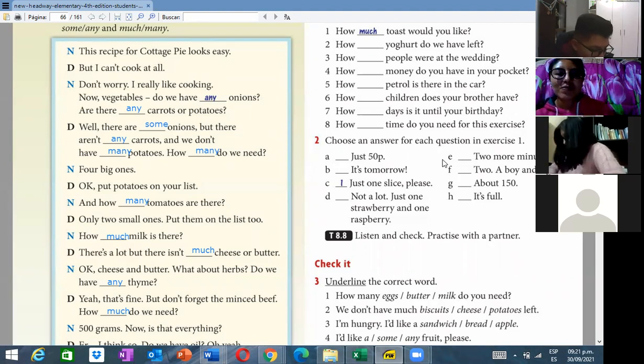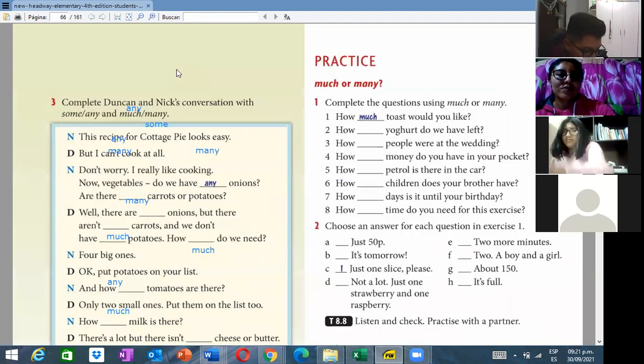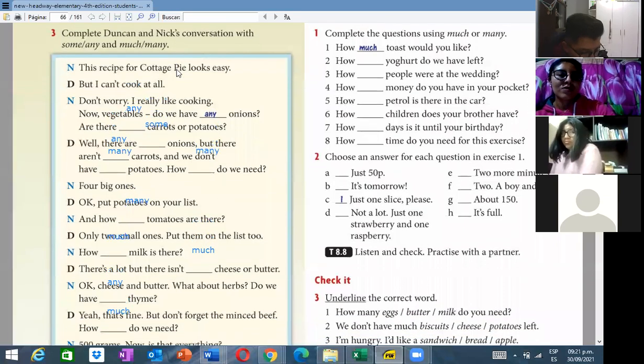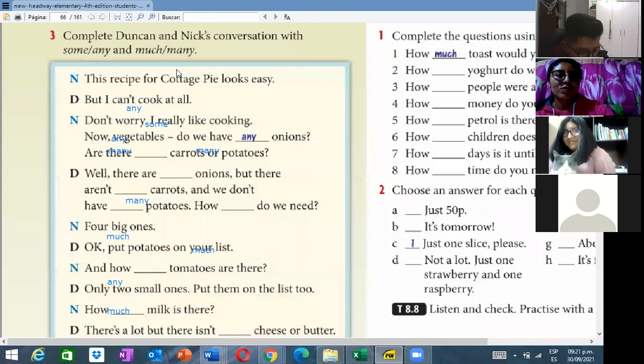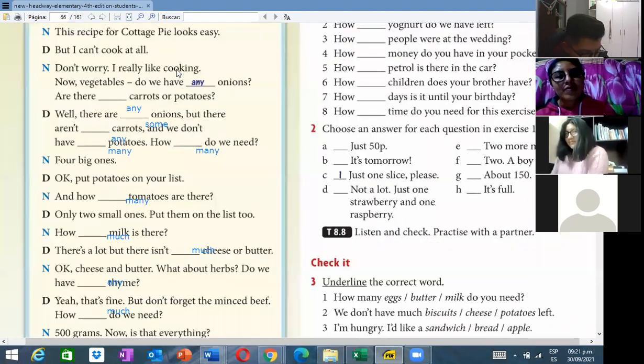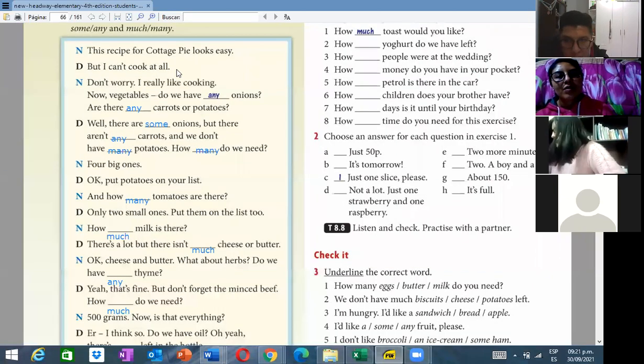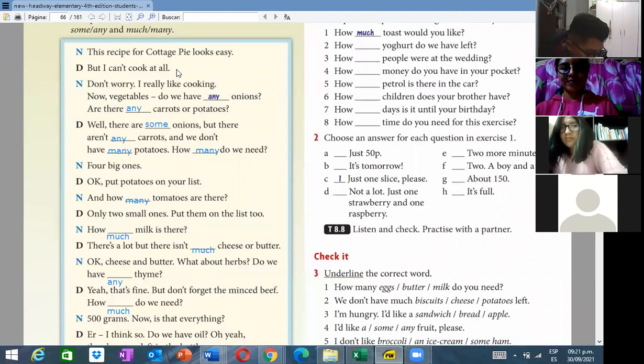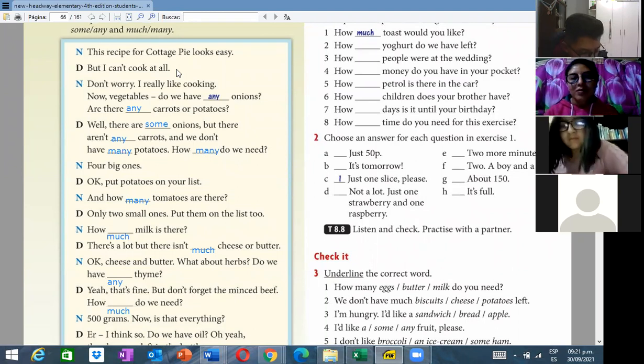Come on. This recipe for cottage pie looks easy. But I can't cook at all. Don't worry, I really like cooking. Now, vegetables. Do we have any onions? Are there any carrots or potatoes? Well, there are some onions, but there aren't any carrots. And we don't have many potatoes. How many do we need? 4 big ones. Okay, put potatoes